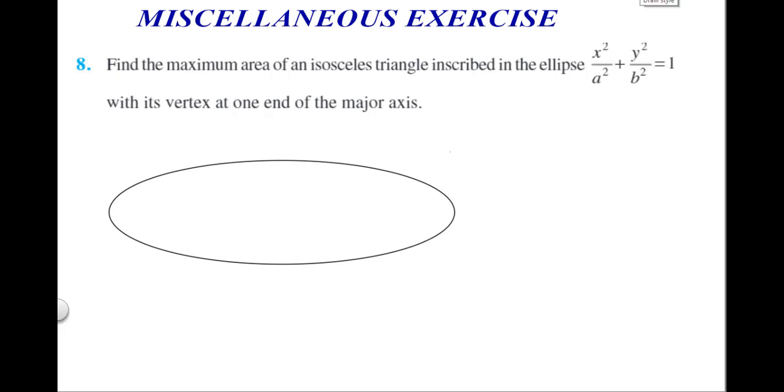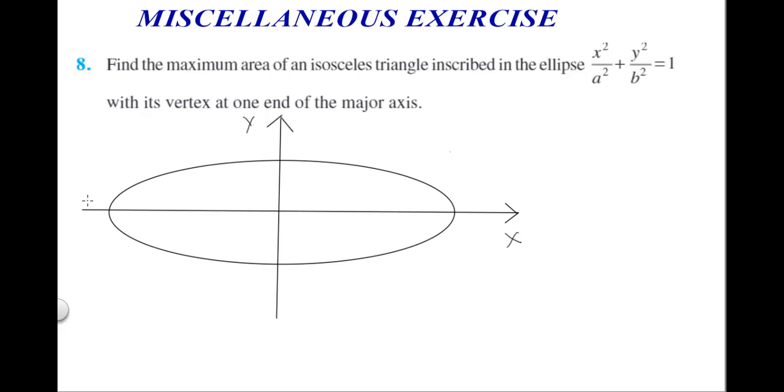So let us just draw the axes first, x-axis and y-axis. Let us name it that this is our x, this is y, this will be your x dash, this is origin, and this is y dash. Now just see, this point on the major axis is on x, and below it is a square, so a comma 0, and this point is minus a comma 0. So we have to take one vertex of the triangle either at this point, I can name it as a, or this as a dash suppose. So either on a or a dash, because the triangle vertex is at one end of the major axis.